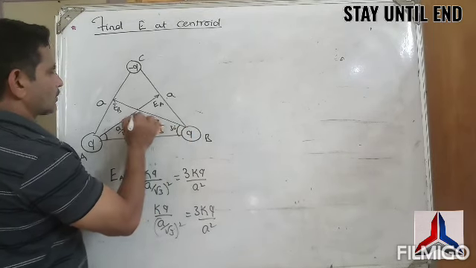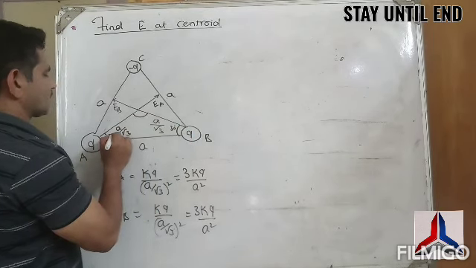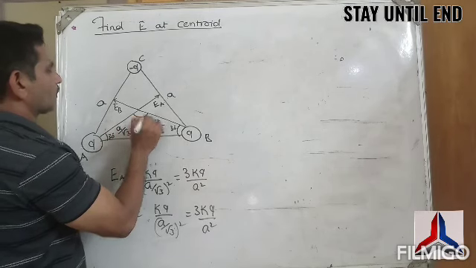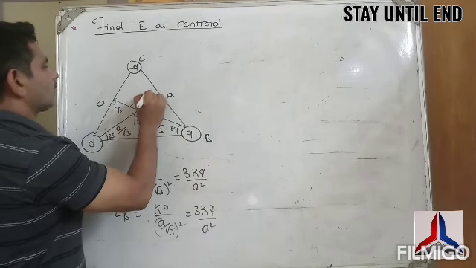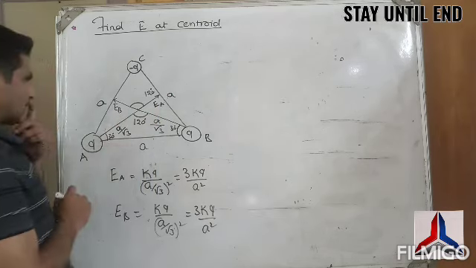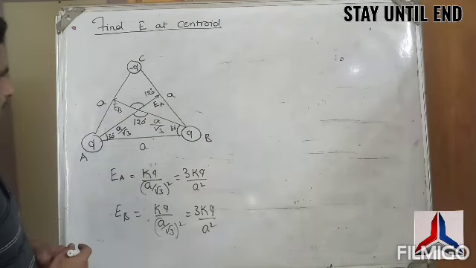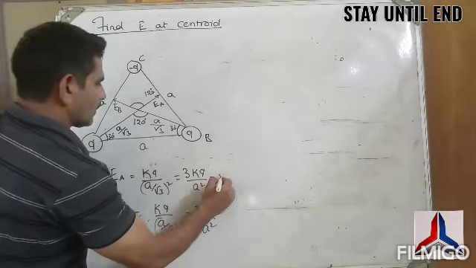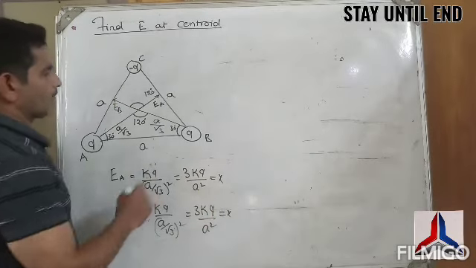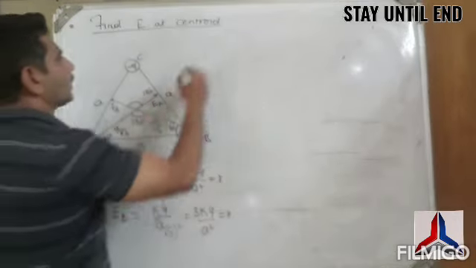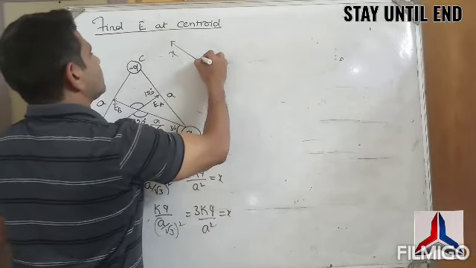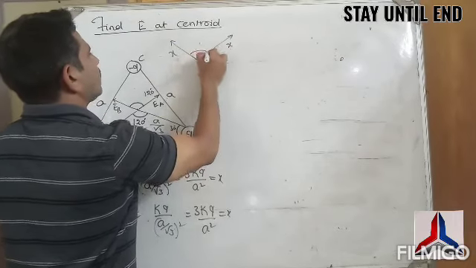Understand? So naturally what will happen? If it is 30, this is 30, this total value will be 120. So this is 120. Understand? So if you say EA and EB are electric field intensities of same magnitude and making an angle 120 degrees. Let us say this is X, which are at an angle 120 degrees.